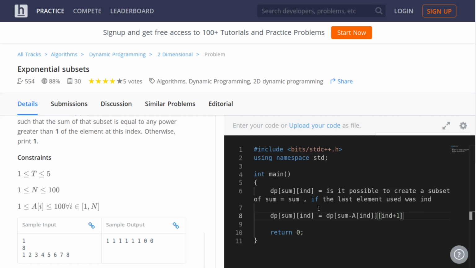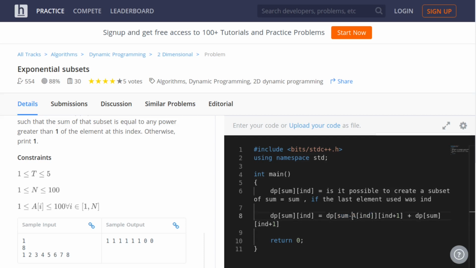And if you have not used this, then dp of sum will remain the same, and you will move to the next index ind plus 1. We need to sum these up to get the value of this state, and obviously you need to check whether this is greater than or equal to 0 or not. Otherwise it will give you a segmentation fault.